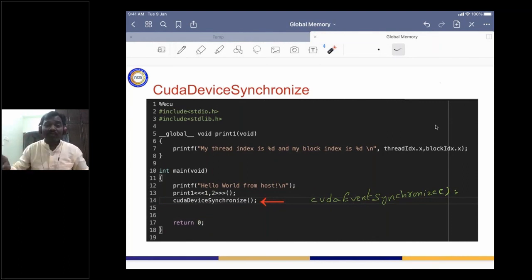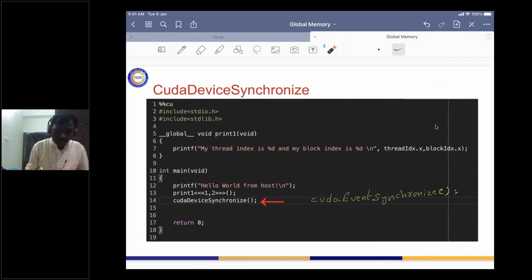Till all those functions are executed, the CPU thread should simply wait there. It should wait till the completion of all GPU threads, and by then all the printf statements will be executed. Now the CPU thread is going to execute the rest of the statements.